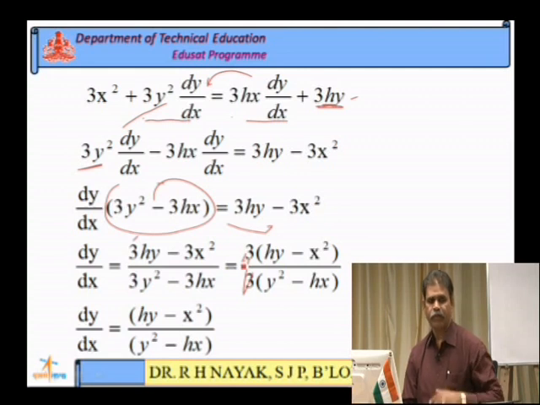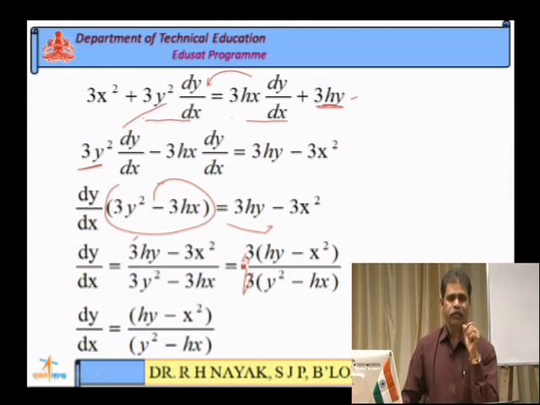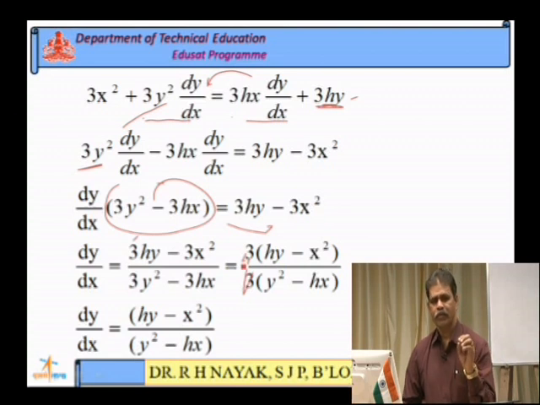So, differentiation of an implicit function is another type of differentiation. Here we have to differentiate all x terms and y terms simultaneously. We know the differentiation of x terms, and similarly we differentiate y terms, but at the end of differentiating y terms, similar to x terms, we put dy by dx. Then all dy by dx terms are taken together on the left side, other terms to the right side, then you take dy by dx common, and whatever product you get is sent to the denominator of the other side.